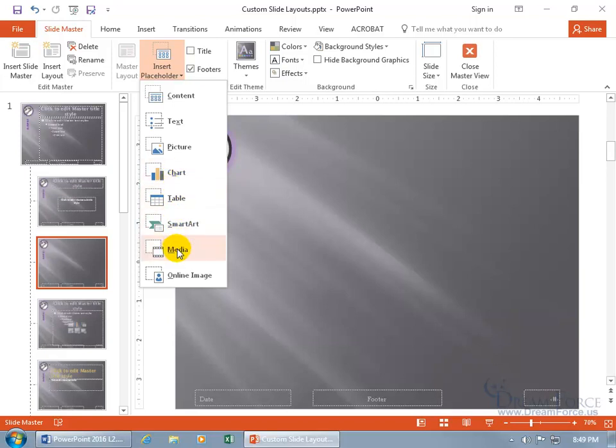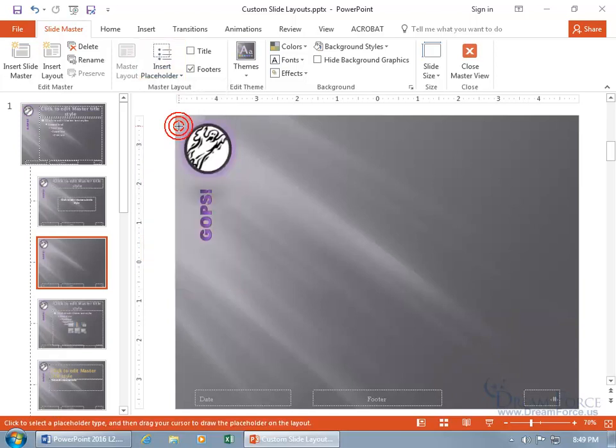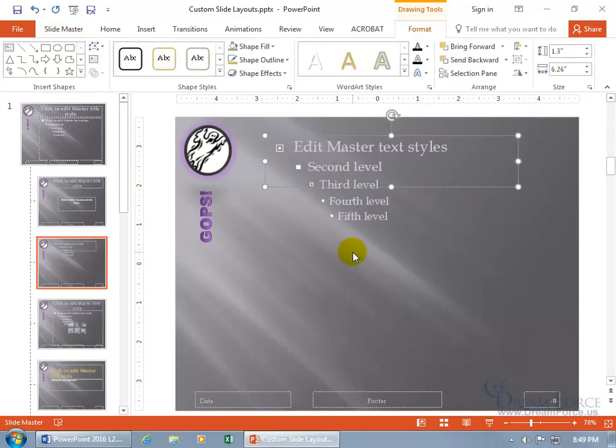And you can also do media or an online image. So let's just do text to start off with. Select it, and then you get a black cross. You can go ahead and click and drag to draw your text. And there you go. So when you type in text, you can type in some simple text, but it's going